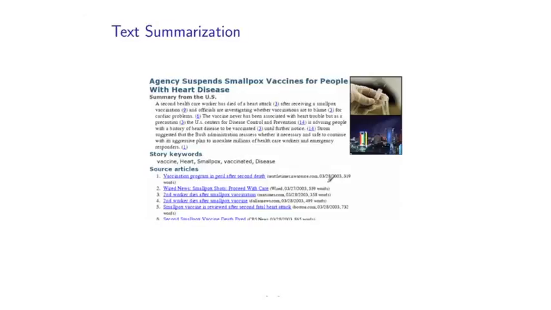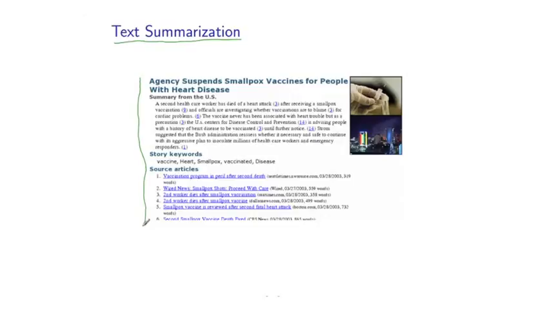Another key application in natural language processing is text summarization. And the problem in this case is to take a single document, or potentially a group of several documents, and to try to condense them down to a summary which in some sense preserves the main information in those documents. So here I actually have an example screenshot from a system developed at Columbia which is called NewsBlaster. And this is actually a multi-document system.